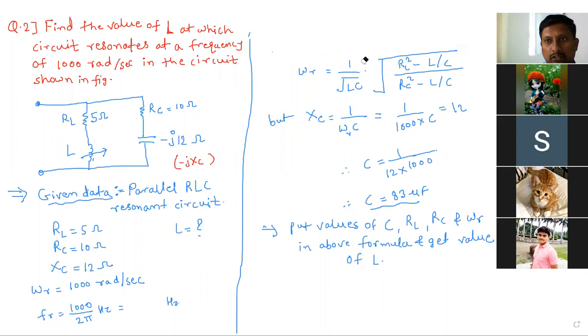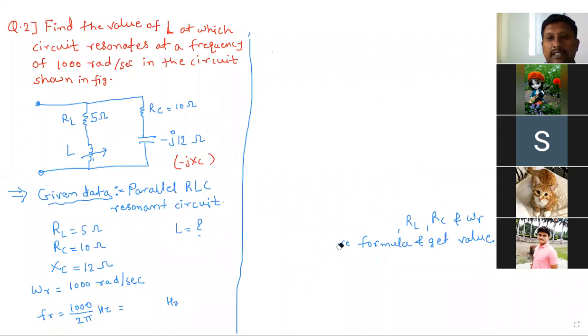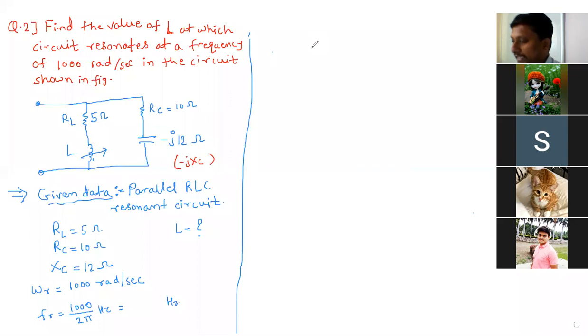The second method is what? We are going to follow somewhat different steps. That is the derivation we can take regarding the total admittance. Just as we took the derivation of resonant frequency, in that we took the total admittance. So we are going to use that method so that we can get the answer in a proper way.